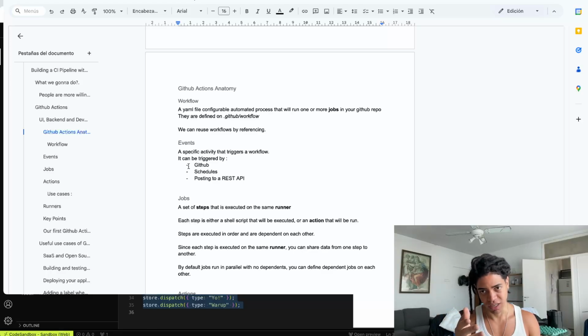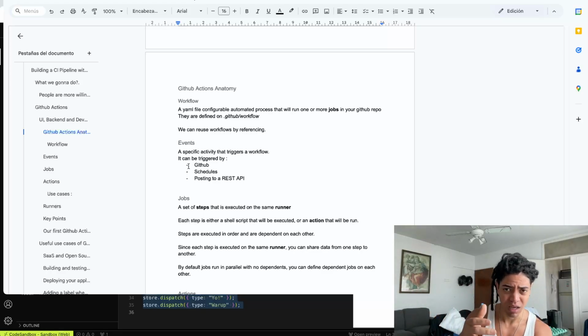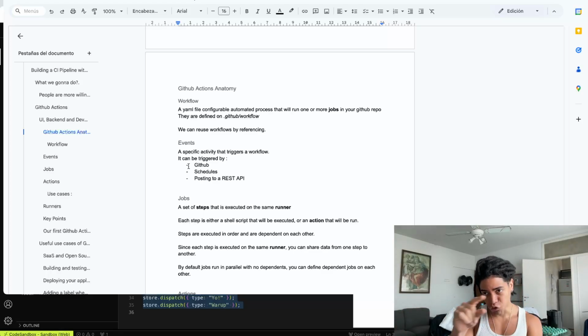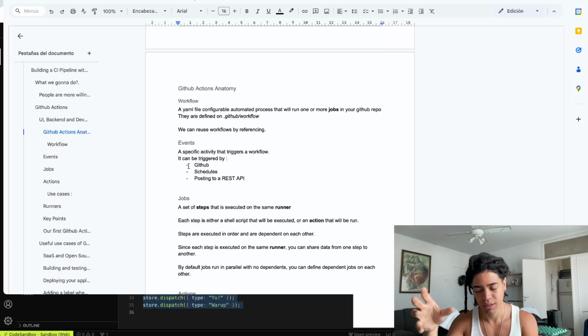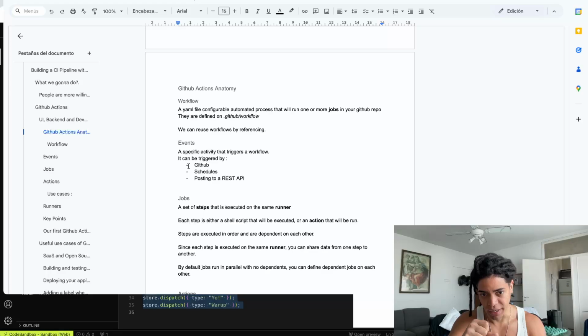Say you want to schedule a particular job to run, okay, or posting to a REST API as a way to trigger a webhook outside of GitHub Actions. So some of the time, for example, using Stripe, right? So with that, the idea is that by defining or understanding this event,